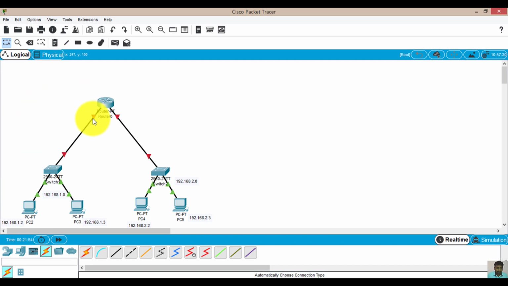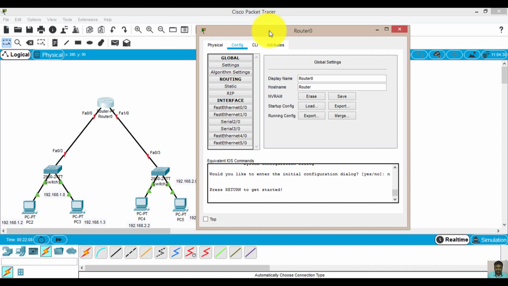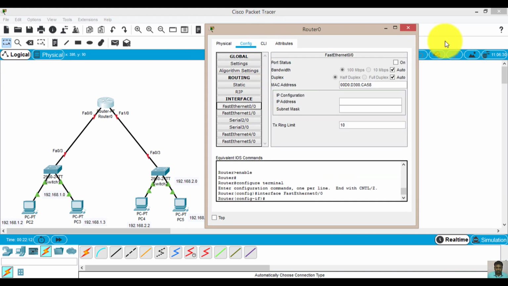Now this router has two ports. This port is FastEthernet 0/0, and this one is FastEthernet 1/0. So let's configure it quickly. Click on this router, come to the Config tab. You can see the interfaces. This is my 0/0 for the left part. Click on this. What is the IP address for this?